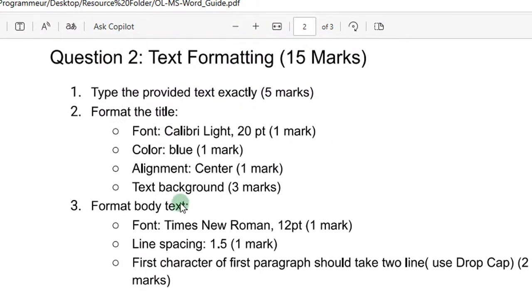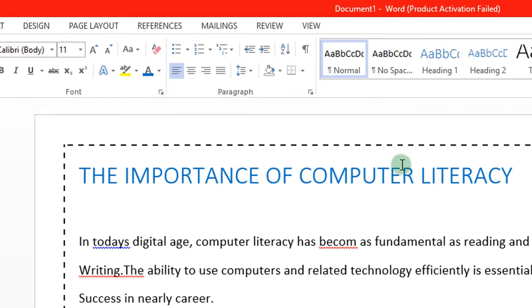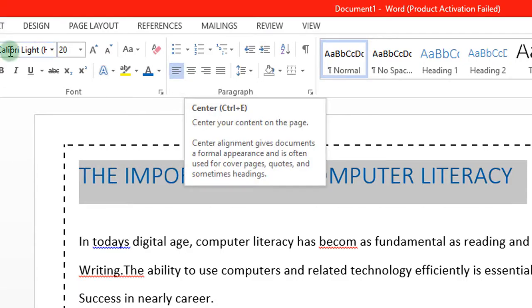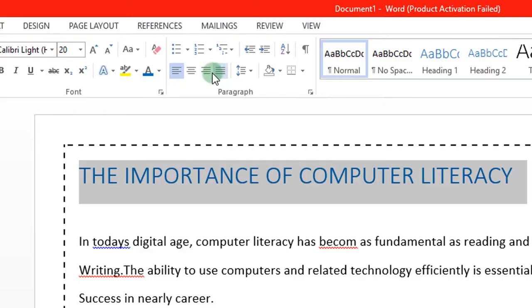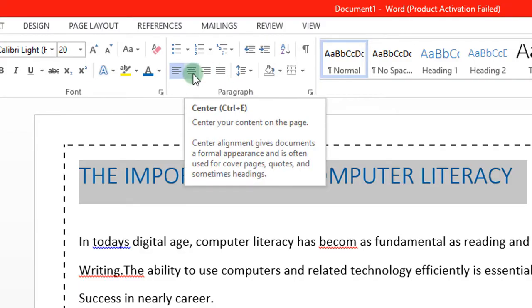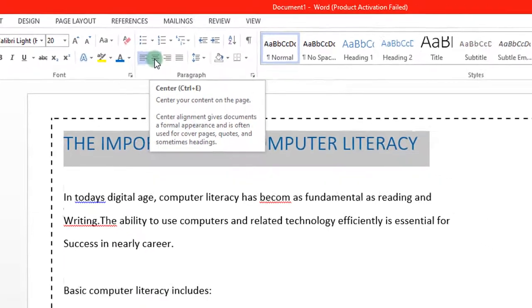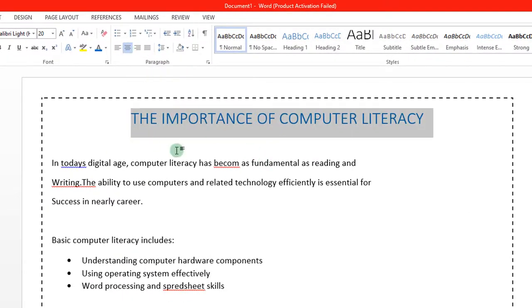So the next question says align center. So alignment center, very easy. So you move at this level, you select all this text, and if you move here, please, everything is on home. You are still on home. You move here, you are going to see this. You click there. When you just place your mouse on the thing, you'll see it is written center. So I click there. You see how the title is now center. Good. So the next thing the question is asking us to do is